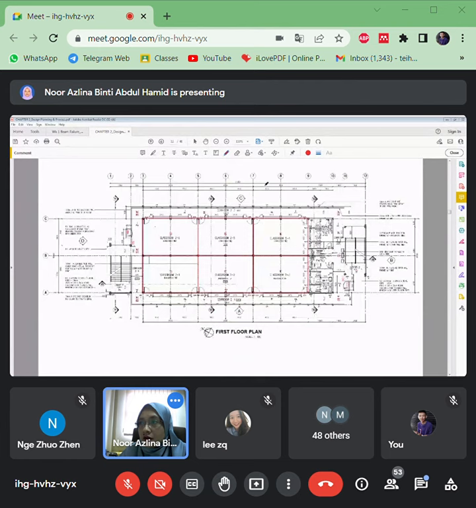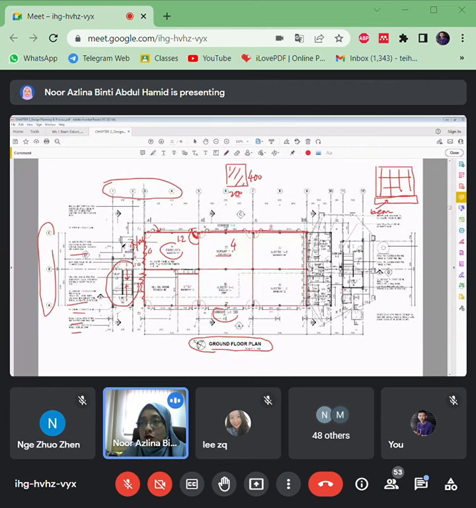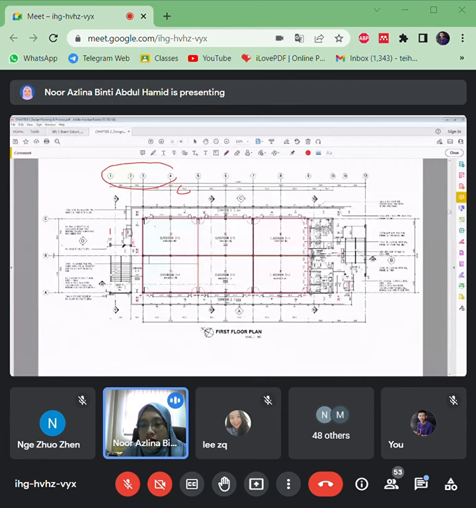Okay. So this is the first floor, so there might be some changes in arrangements and sizings, but what should be maintained here is the grid lines. Kalau first tadi start grid line 1 from this position, same goes to other layouts, same goes to other levels. This one should be maintained.